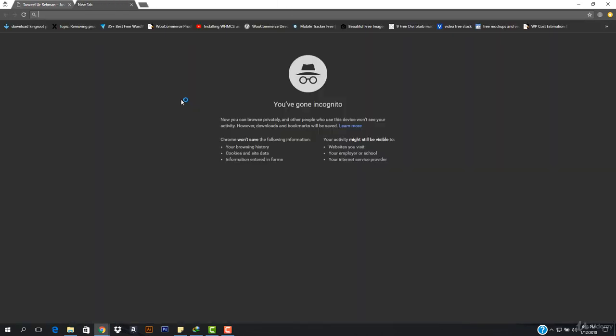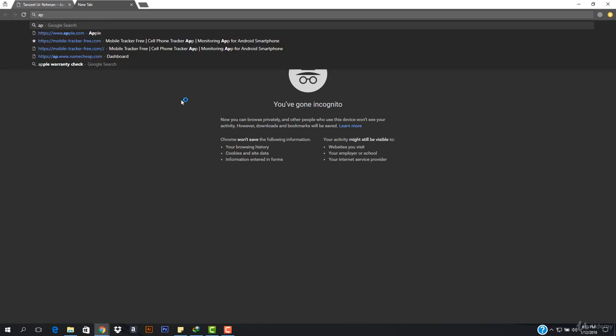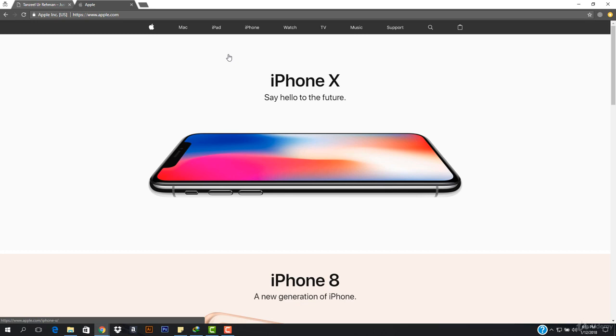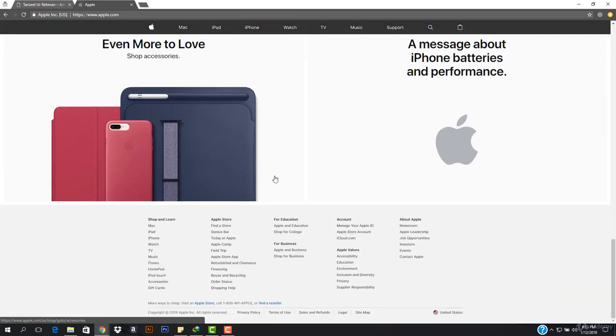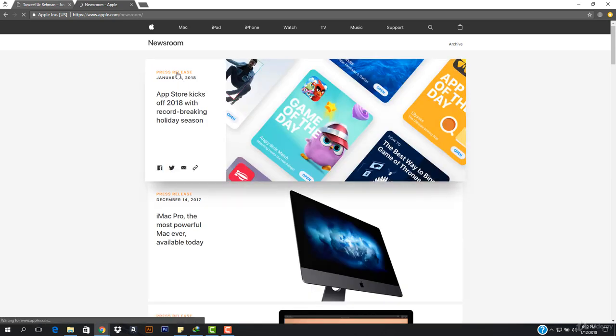Okay, I'm going to open apple.com. This is the iPhone company, Apple. Here you can see it says Mac, iPad, iPhone, Watch, TV, Music, Support, and everything. Okay, this is the Apple website. If I go to the bottom section, you can see it says Newsroom. If I open it up, you can see it says press release, and this says Apple Store kicks and